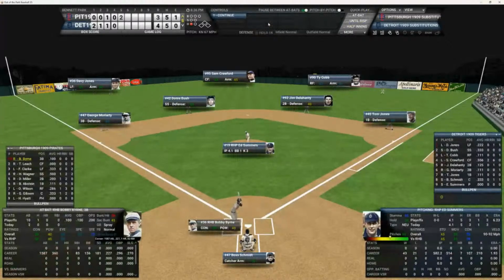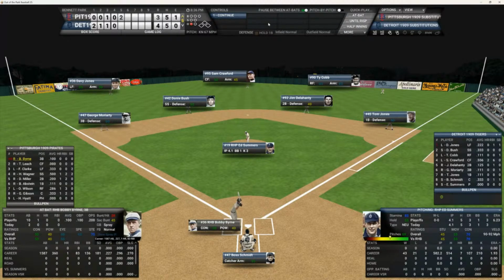So now Summers has got the top of the order, and Bobby is 0 for 2 today. And here's the 0-2 pitch to Byrne, and he strikes him out. So back-to-back strikeouts after giving up the 2-run homer. So now there's 2 down, nobody on for Tommy Leach. Tommy's 0 for 2, 0 for 9 in the series. He's looking for his first base hit.